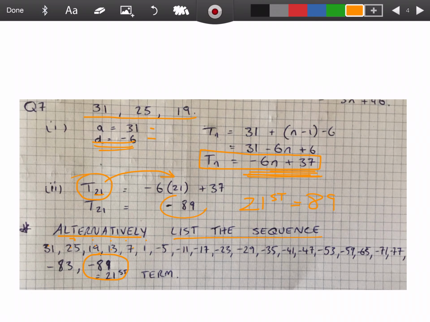So you can see that that's the same, and they're both correct. Now, there's no difference in doing those ways. You'd still get full marks down here if you did it like that. However,